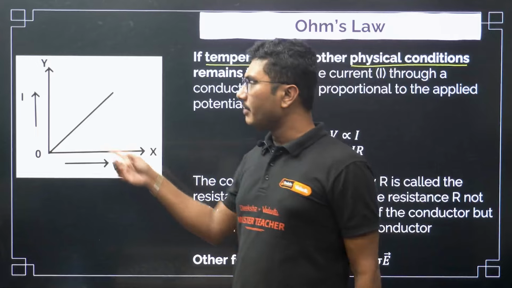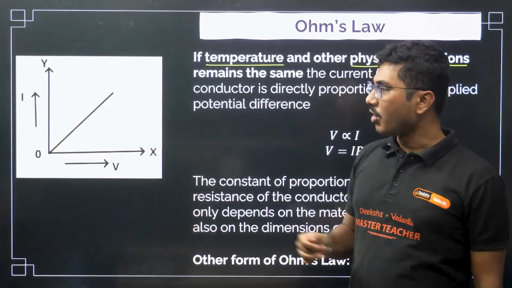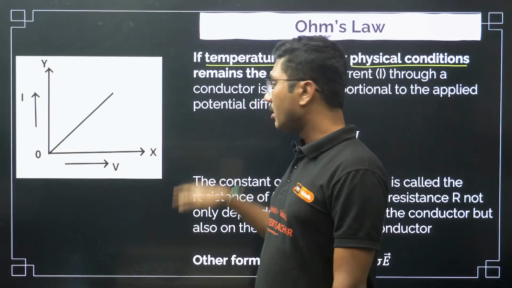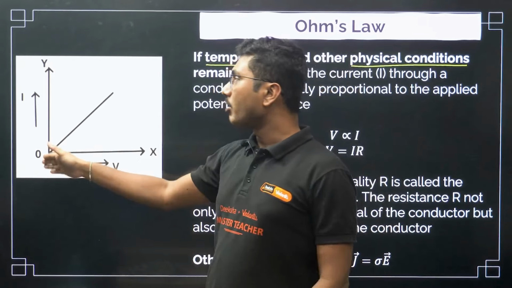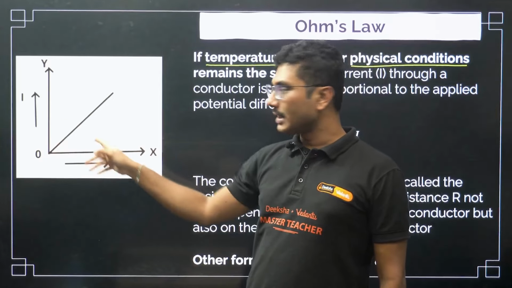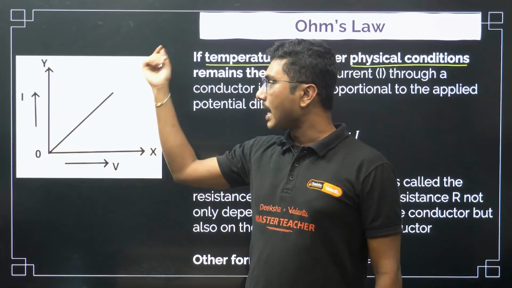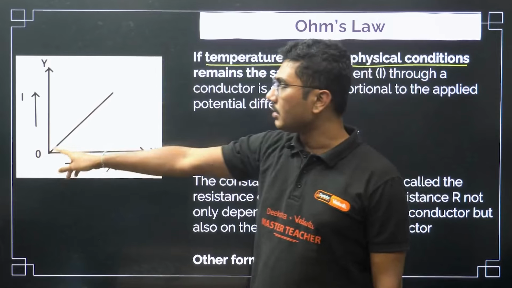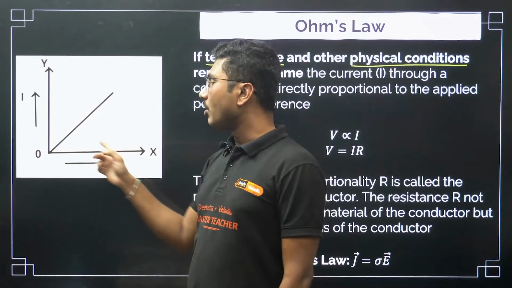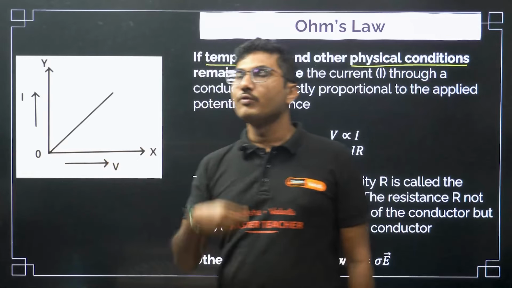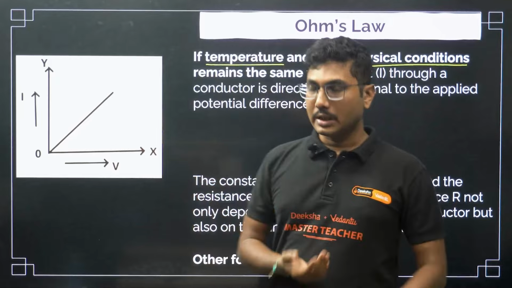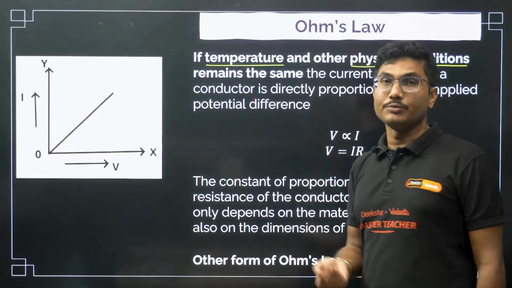Now if you plot a V versus I graph, how to plot a graph? You take one variable, plot it along the x-axis, you take the second variable, plot it along the y-axis. Suppose 10 volt and 10 ampere is the current, so 10 volt and 10 ampere becomes a point, and you collect all such points and then draw a line. You will observe that the V versus I graph will pass through the origin, obviously not always, but for an ohmic conductor, the conductor which is obeying Ohm's law,